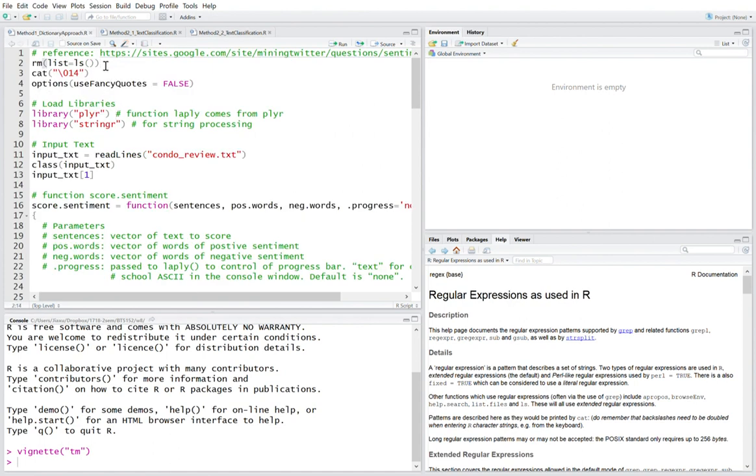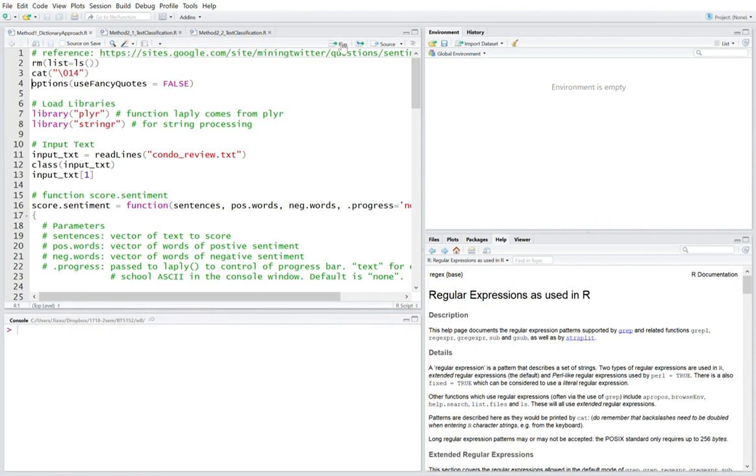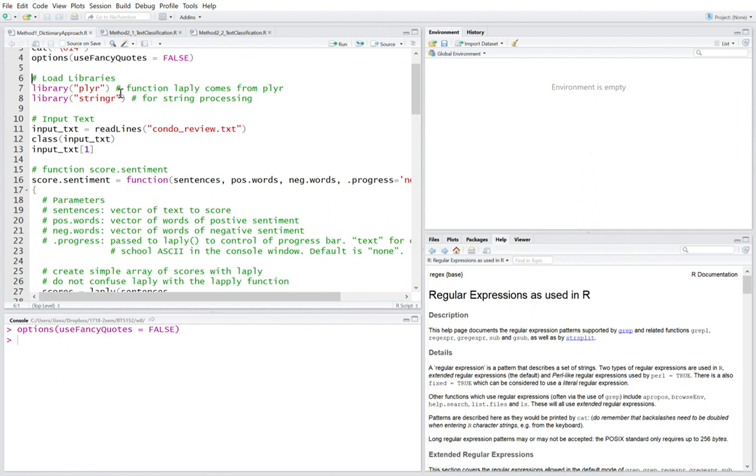Typically, when I start RStudio, I will remove every variable in the environment, although it's empty now, and clear the console. Okay. Then we start to load the libraries. If you haven't installed them, then you have to install those libraries. The first library is plyr. It contains a bunch of useful functions, like